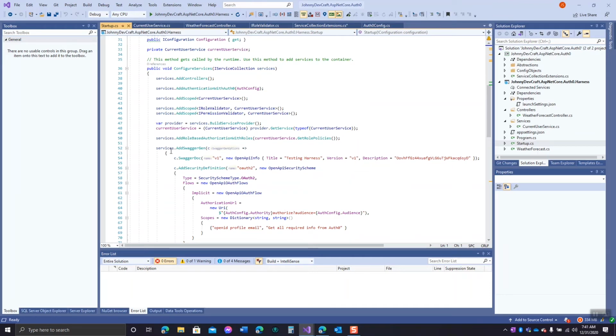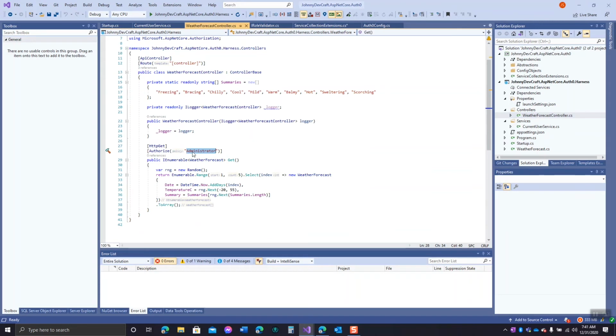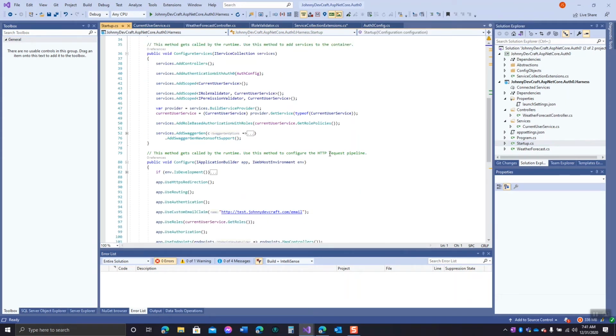But what we're going to do is go into our Swagger API and actually play with some of this. But let's look at our API. We've got the controller here that's restricting to this policy, which of course is making sure that I am an administrator. And if we look at the startup,